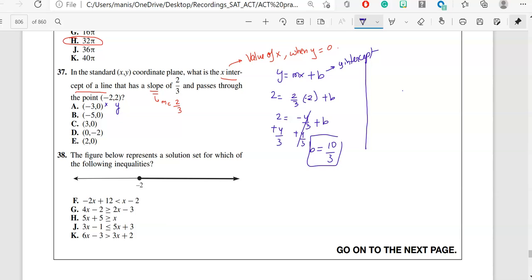Okay, after this, I will be finding out the value of the x-intercept. How will I find the x-intercept? I will use a similar approach over here. I will plug in